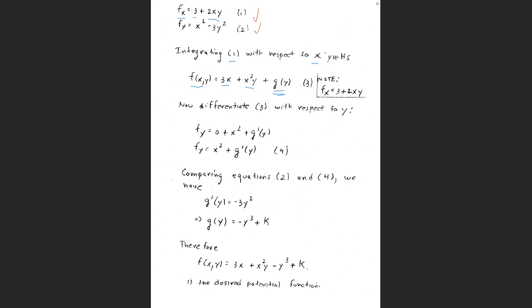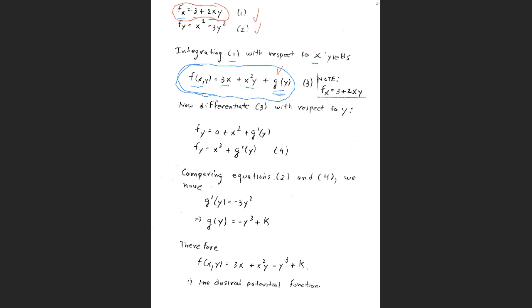So in other words, if I were to take the partial derivative of this function with respect to x, I would get back my first equation here. So I need to have the g of y there. I have to be as general as possible. This is what's called without loss of generality. Now we keep in mind that